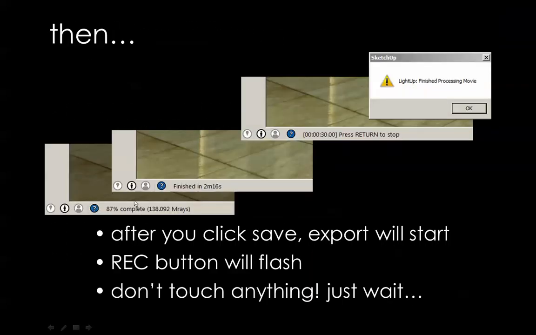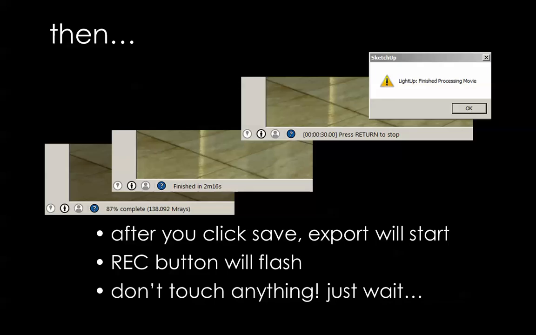And what you'll see, SketchUp will give you this little readout down at the bottom telling you how far it's completed. And this, of course, will vary depending on how big the model is. Mine that I used as a demonstration took 2 minutes and 16 seconds to render, which is not half bad. And that was at 4x rendering. Now, that was to do the final burn. This second number is what happens when you actually